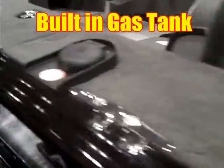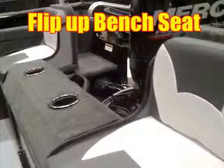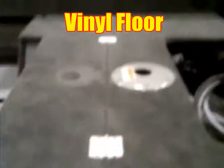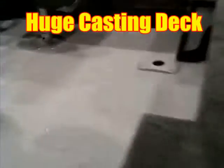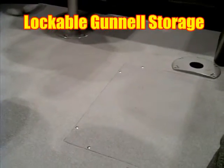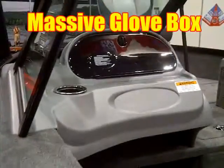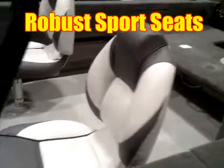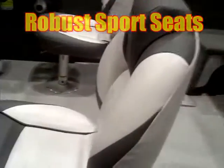Again, this boat has the built-in gas tank, flip-down bench seat that creates a nice casting deck, vinyl floor so you don't get any of the dirt and grime inside your boat, storage on the passenger side, beautiful custom seats with lumbar,